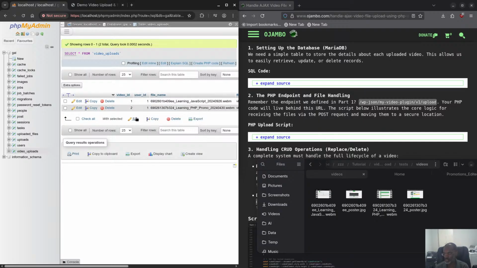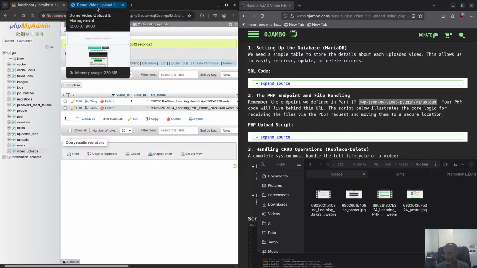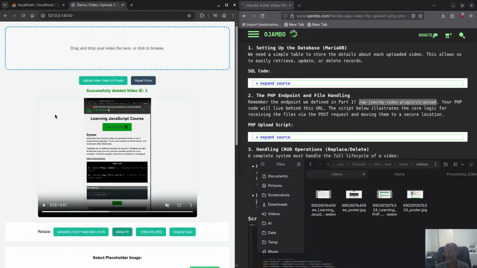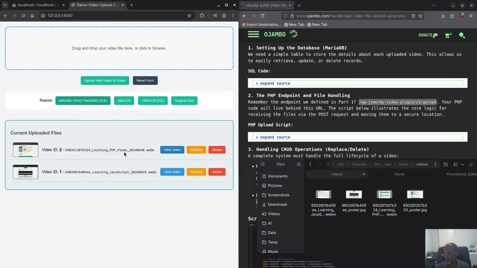So the number should be 4, depending on how you set up the auto incrementing for that table or the database. Sometimes you can set auto incrementing to go to some weird numbers, or you can set your own number. But in this case, it should be 4. I believe mine is just the default. So it says successfully deleted ID number 3 here. So I'm going to reset the form here, and then